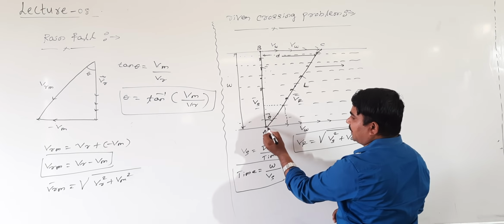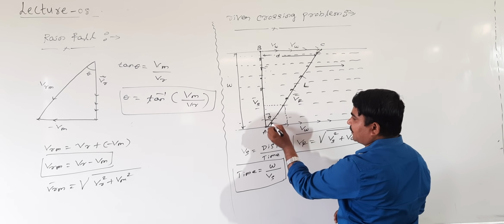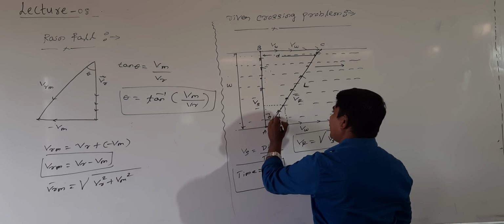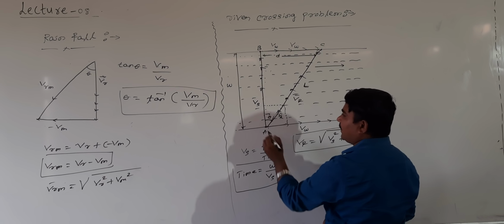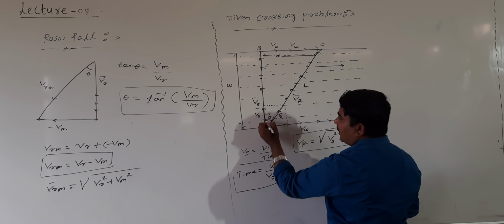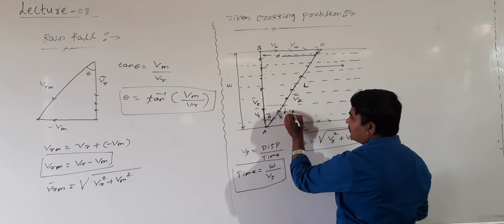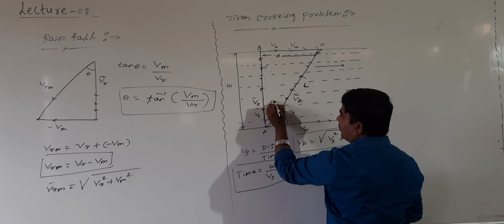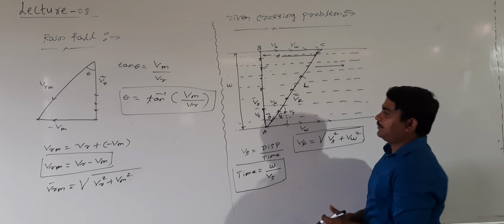This is one velocity. This is another velocity. What about this one? This is the resultant velocity VR. Are you following? This is what velocity? This is nothing but Vs. If it is Vs, what about this one? This also Vs. Then what direction VW? This is the direction of VW.